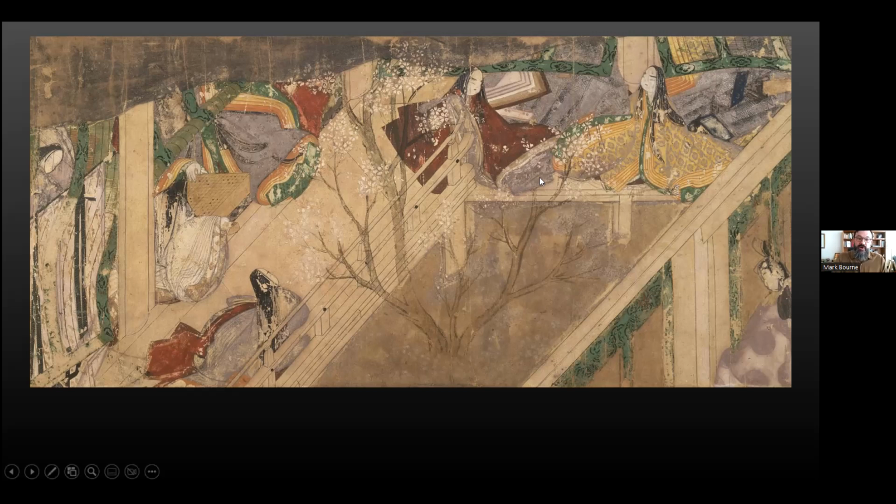I think everybody will recognize this flowering tree, right? In Japan, it's these five petals. And if you look at these,